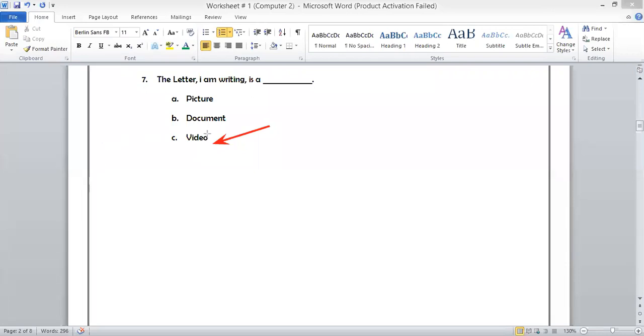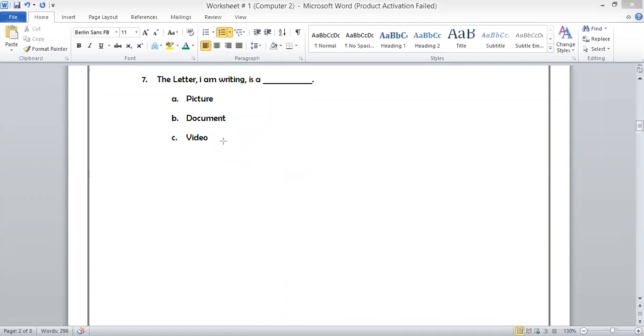So, the letter I am writing. For example, someone is writing a letter. I am writing a worksheet. So is that a picture, a document, or a video? Right now I am typing words on it, so it's a document.